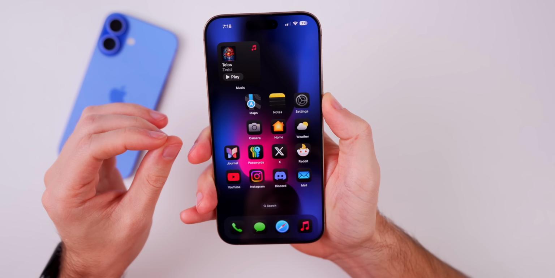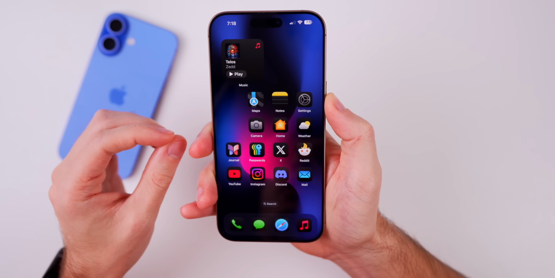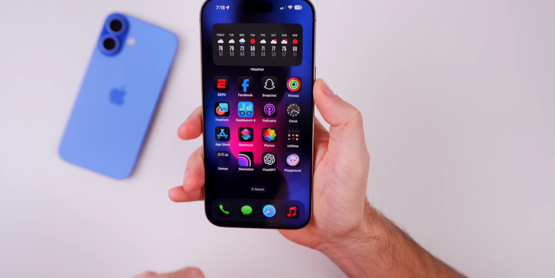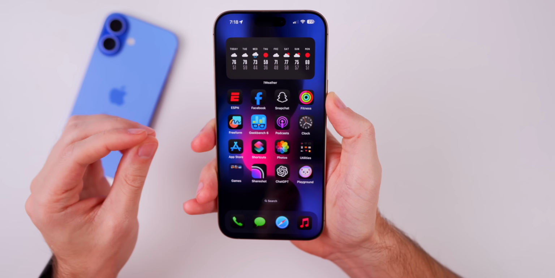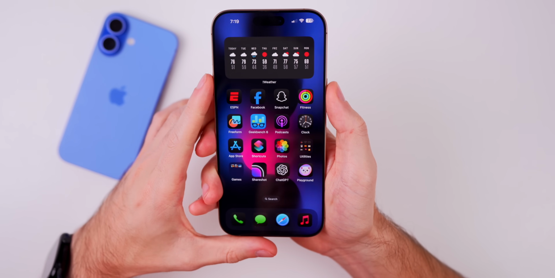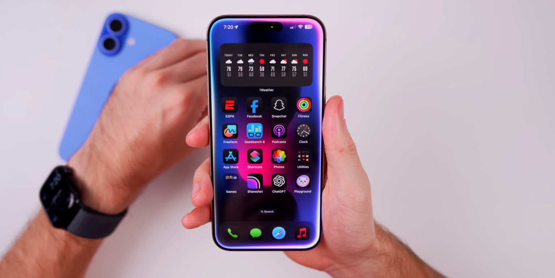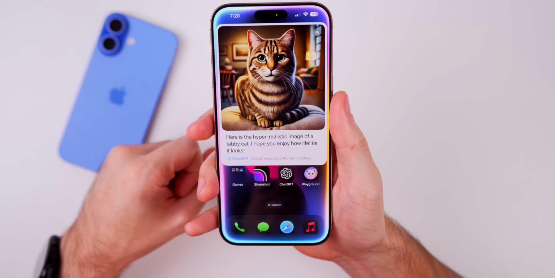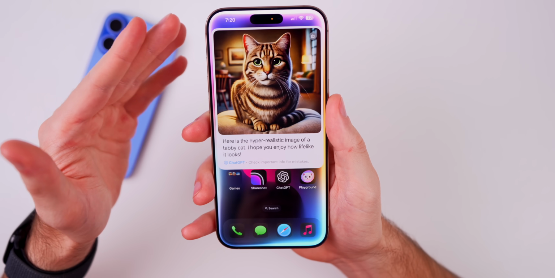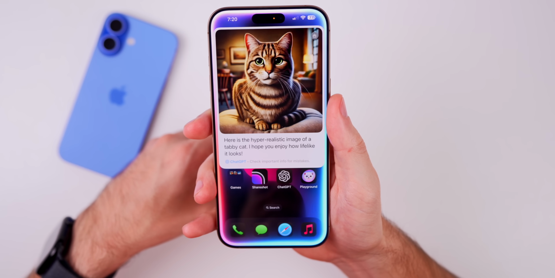And another pretty cool feature about ChatGPT is that it can create images using DALL-E. So even though we do have the image playground, you can use ChatGPT and DALL-E to create more lifelike images. So for example, ask ChatGPT to create a hyper-realistic image of a tabby cat. And there is the image that DALL-E created. So obviously not super realistic, but it's a lot more realistic than what you would get in like the image